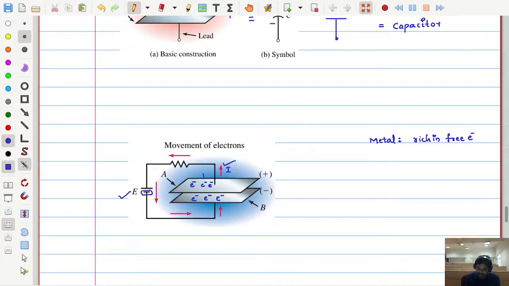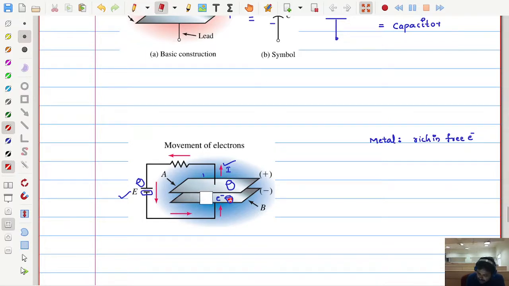Now what happens is that when we connect a battery, these free electrons are all pulled out of this upper plate, whereas the lower plate is filled with the charge of free electrons. So you can assume that initially an empty bag will be there. Those empty bags are pulled by this battery and reach over here. Whereas on the other side, this battery will try to fill these empty bags. Here also empty bags, but now it is trying to fill them with negative charge.